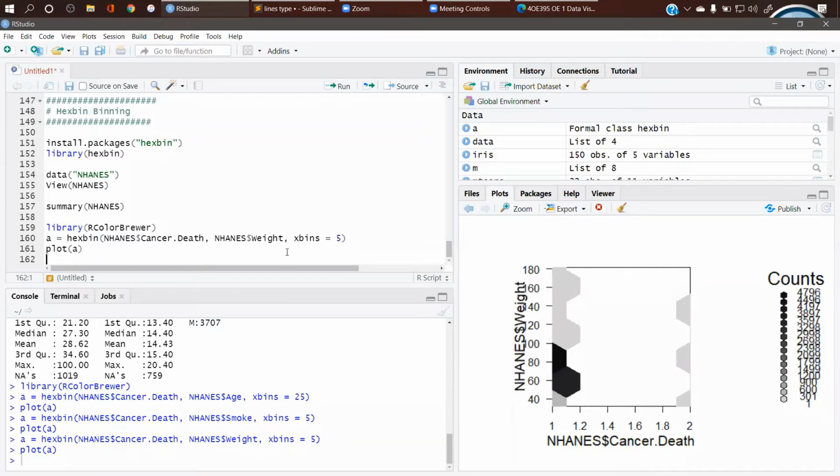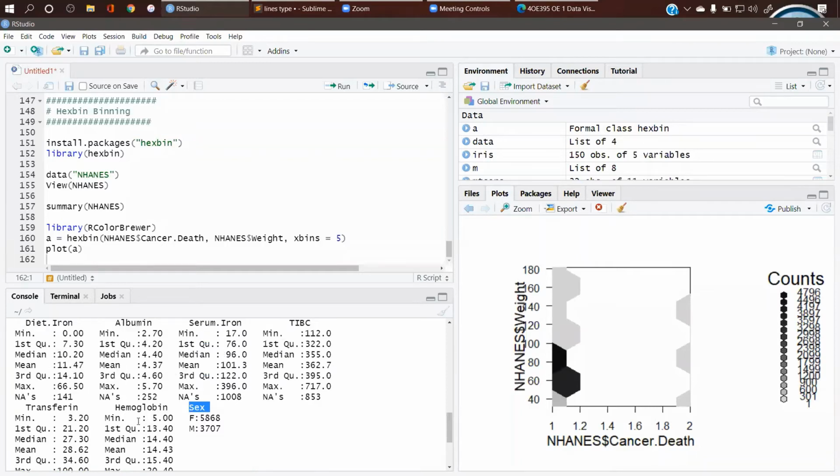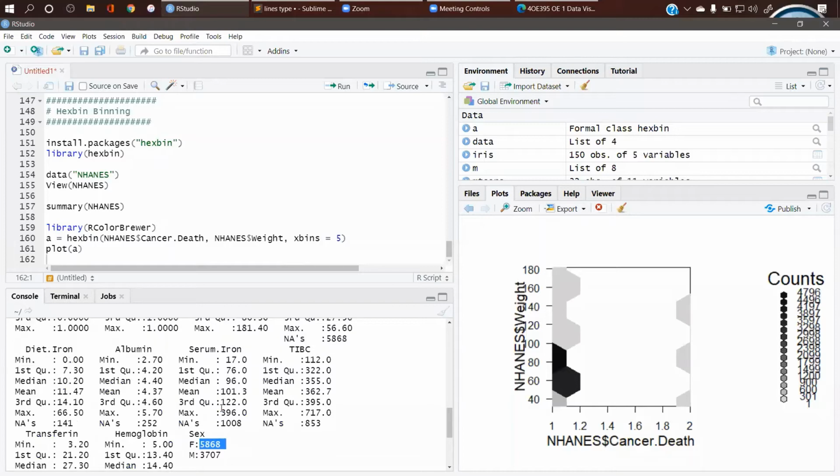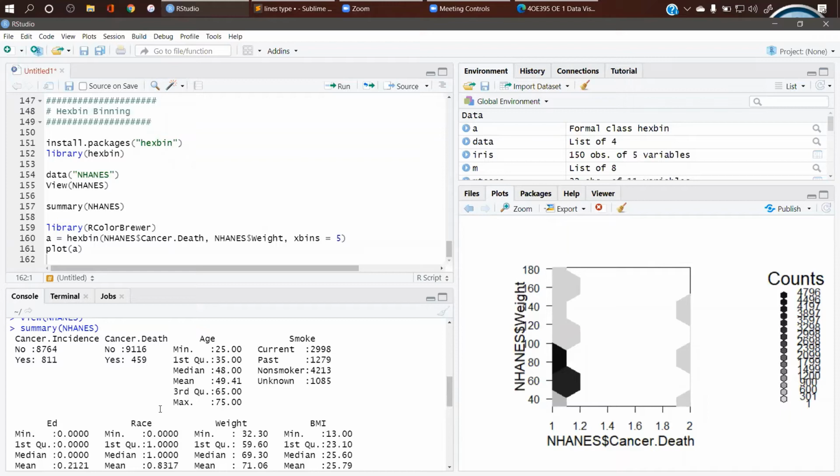You can also go with another column such as hemoglobin. This is one more factor here for male and female, right? So you can try for numeric values as well as for categorical values. You have in this column one, and in this column over here you have 4 different categories.